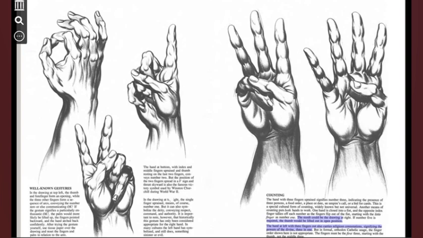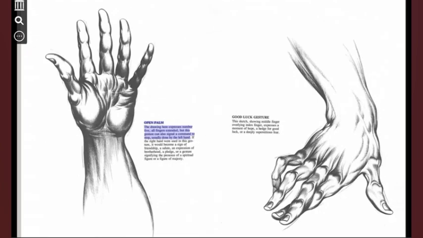The hand at left with 3 fingers out also carries religious connotations, signifying the powers of the divine, 3 in 1. But in formal, Orthodox Catholic usage, the finger order shown here is not appropriate. The fingers must be the first 3, starting with the thumb, not the middle 3. Open palm. The drawing here expresses number 5, all fingers extended, but this gesture can also signal a command to